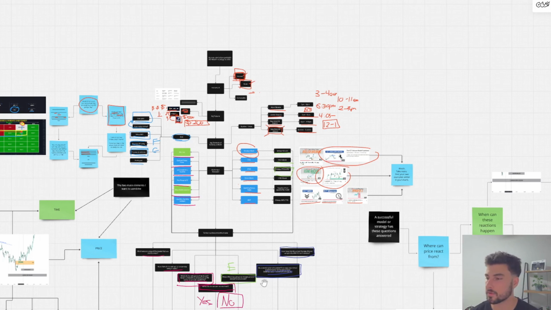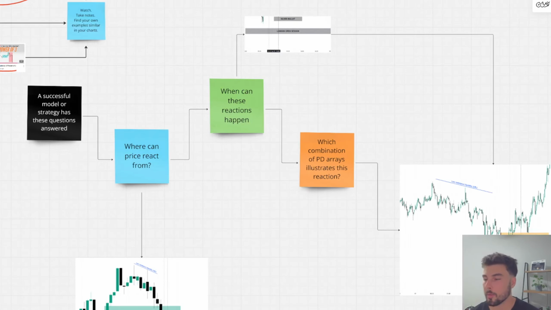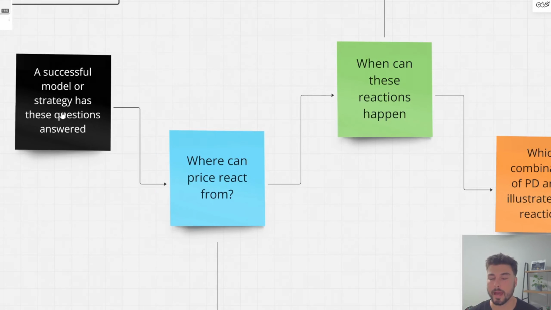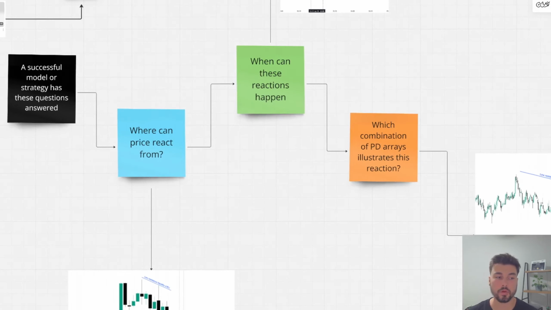Create a checklist for yourself and follow this process all the way through. I'm aware there's a lot of moving parts here, but I've simplified it even further. I want this to be as easy to interpret, as easy to actually create an actionable step after watching this video. A successful model has these questions answered. Write these down. Number one, you need to know, or you need to be able to anticipate, where can price